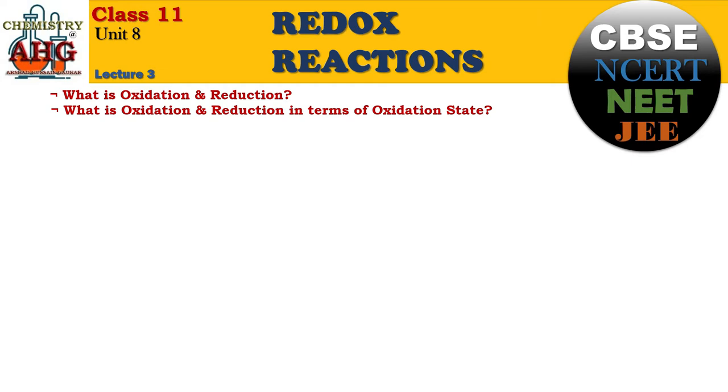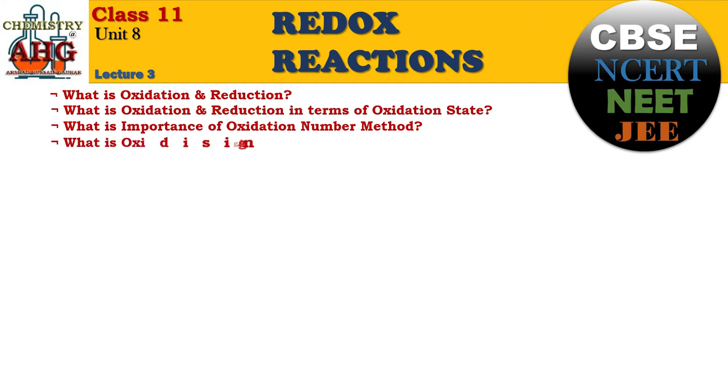What next we will talk about in this lecture? You must remember we will also talk about why this definition of oxidation and reduction is more important in chemistry compared to the other definitions that we have studied. We will also talk about what is a reducing agent and what is an oxidizing agent in chemistry. And finally, I will tell you what are the different types of reactions that could be redox reactions. So this is the focus of this chapter.